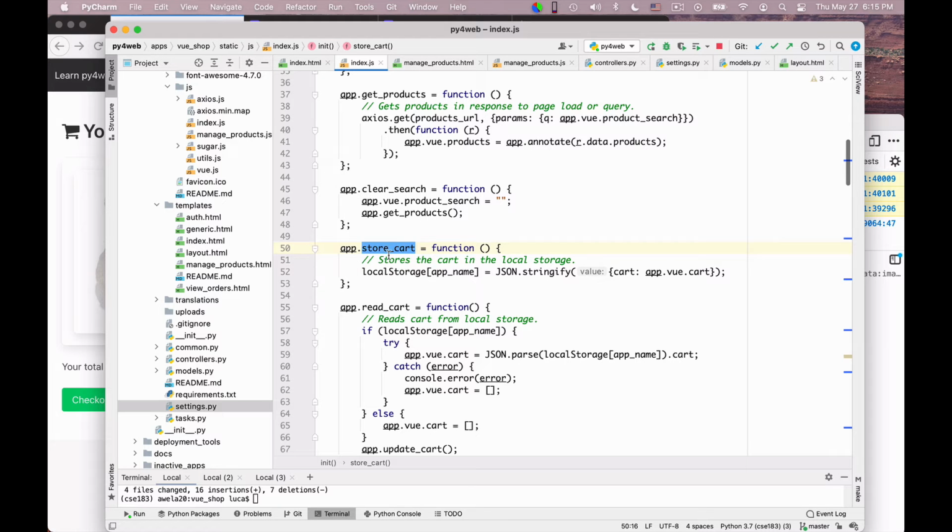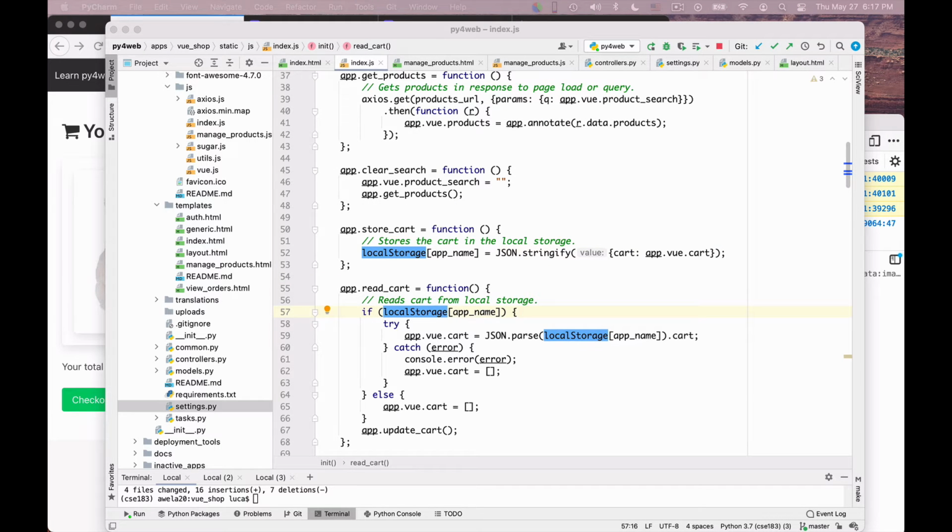Storing the cart is quite easy. I say local storage for this app name. This is done in order so that multiple apps can coexist if we use the same convention. And so the local storage for this app is going to be the translation to JSON of a dictionary that says cart: app.vue.cart. I do it in this way so that I can store not only the cart but also other things if I so wish. Conversely, when I read from local storage,